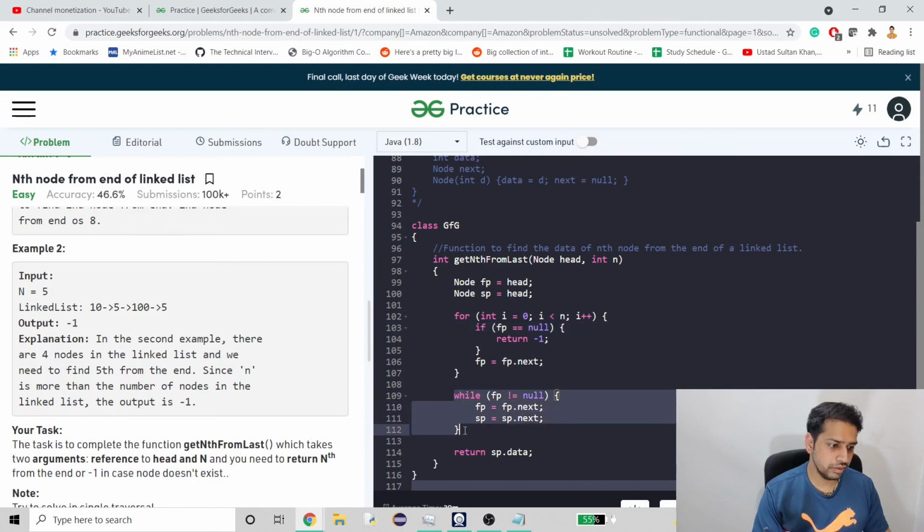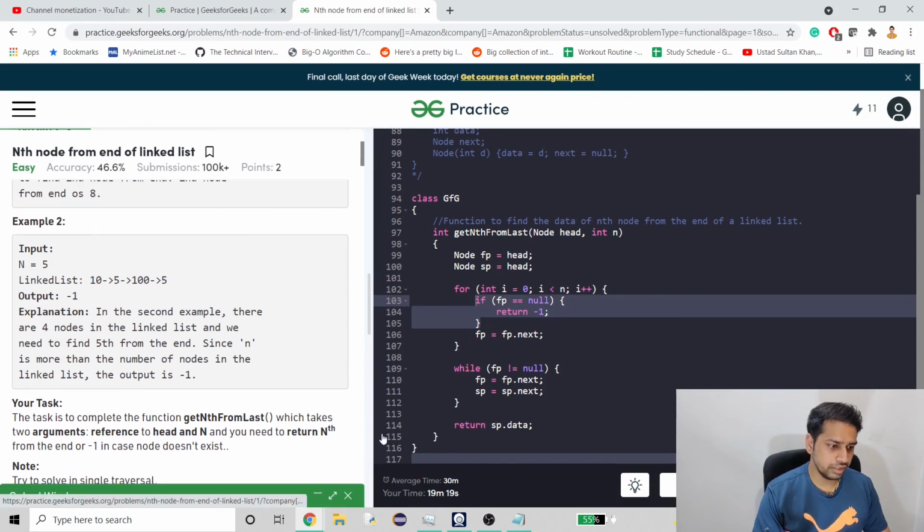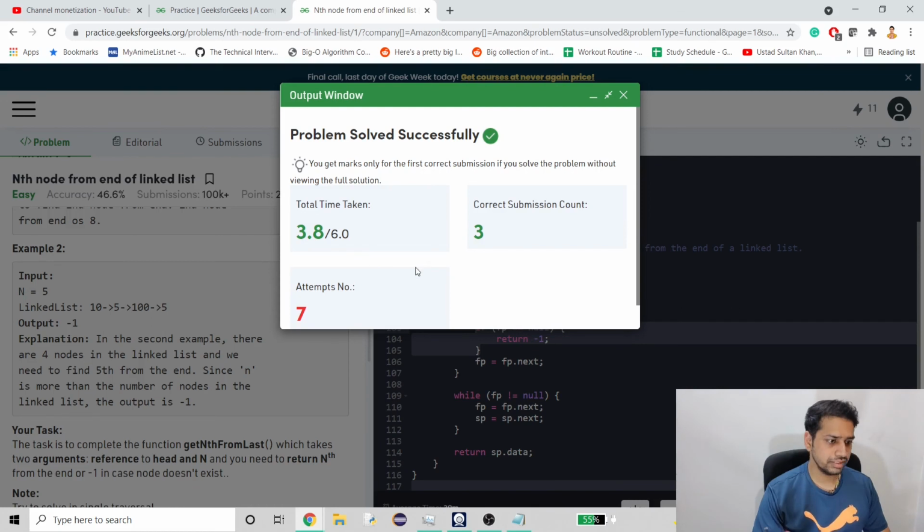That's why we were doing the while loop here. But if n is exceeding the length of the linked list, in that case we just have to return -1, and that is what we did, right? So that's why we are seeing this successful output.